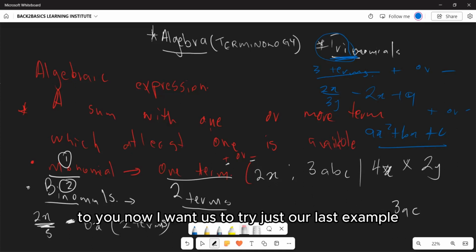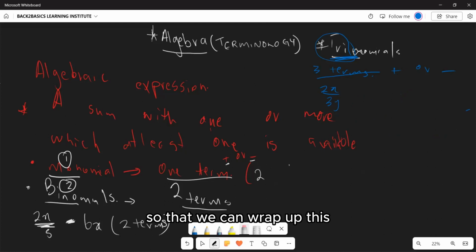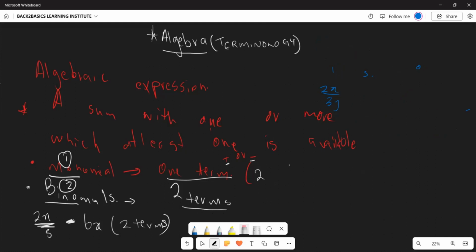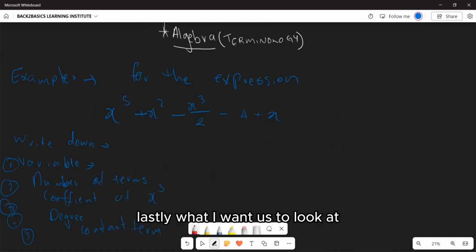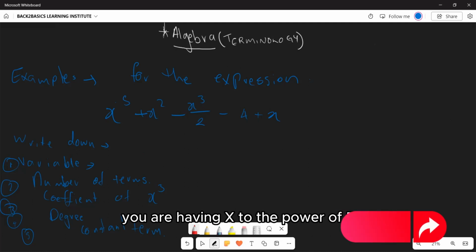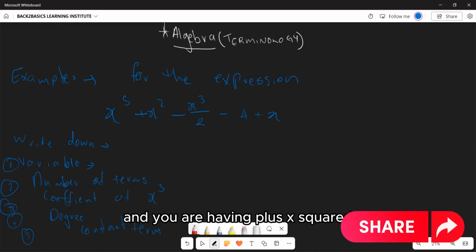Now, I want us to try just a last example so that then we can wrap up this. So lastly, what I want us to look at is this last example. Let's say now you are given that for the expression, you are having x to the power of 5, plus x squared, subtract x to the power of 3 over 2, subtract 4, plus x. Now they say for the first one, you are required to write what is going to be the